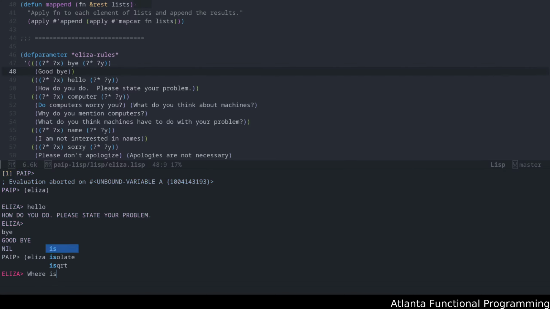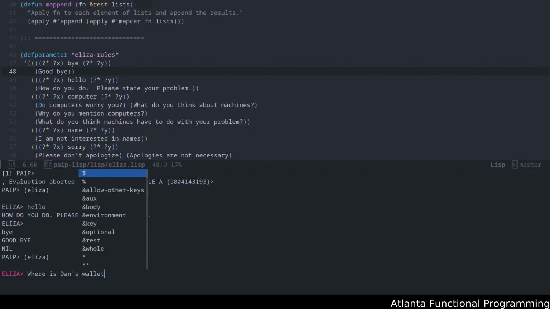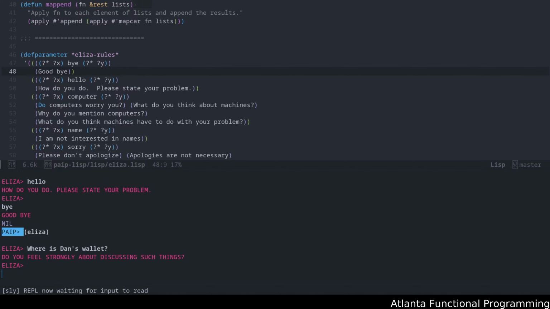Where is Dan's wallet? Let's see what happens. Oh, when I do that, you feel strong about. So this is coming from which